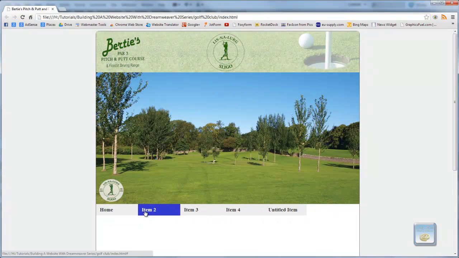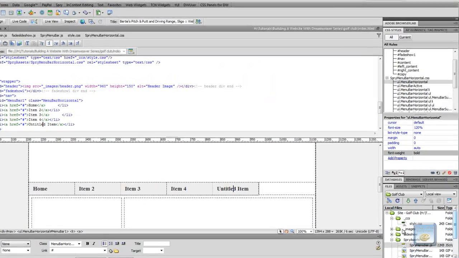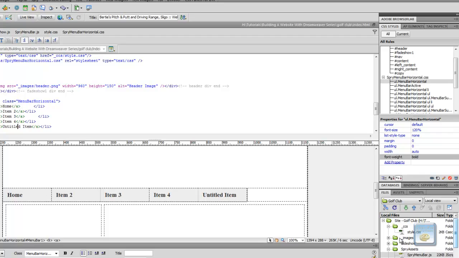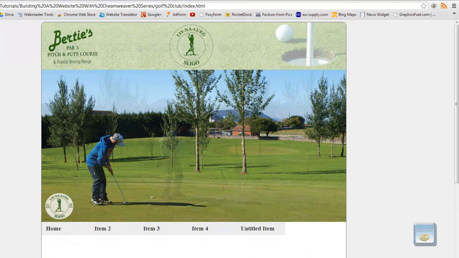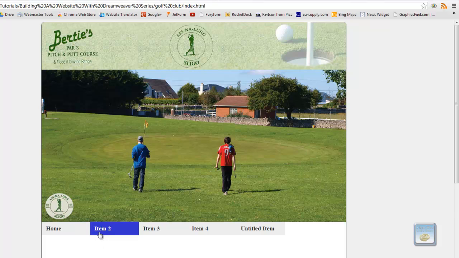So if we save that and again refresh the browser, you can see the difference between the two. So the next thing we want to do after that is change the colors, the background colors. There's a few areas that need to be changed in here, because there's a couple of states for this. If you notice in the example here in the browser, you can see that there's a grey background now, but the second you hover over it changes to a blue background,